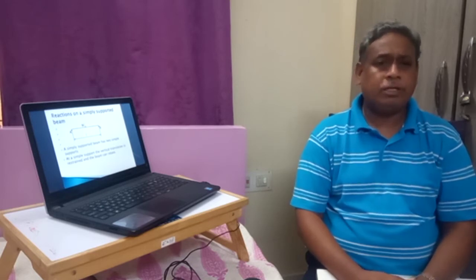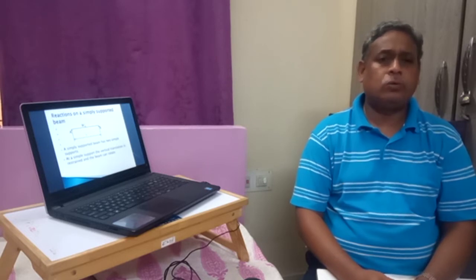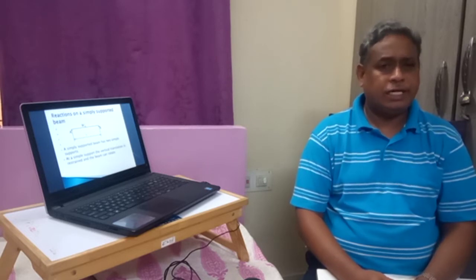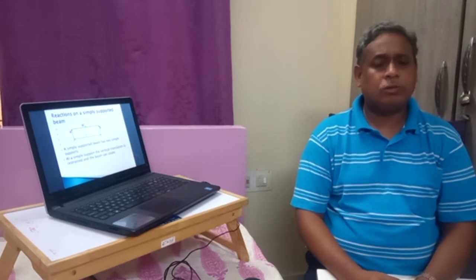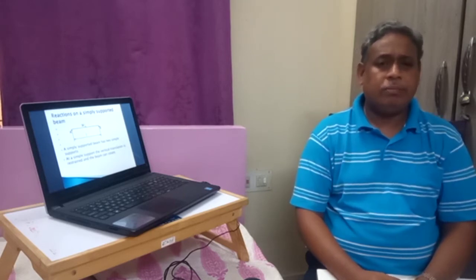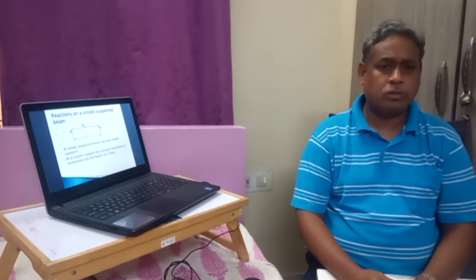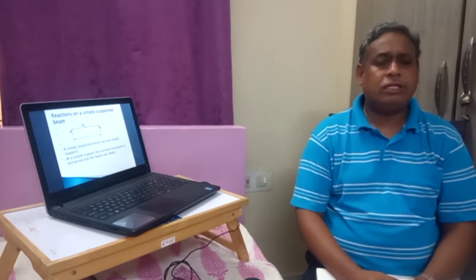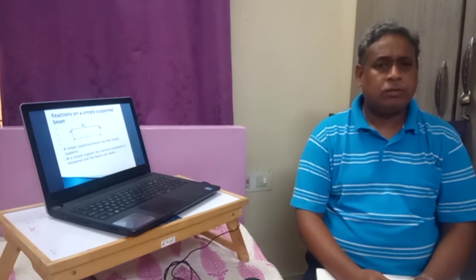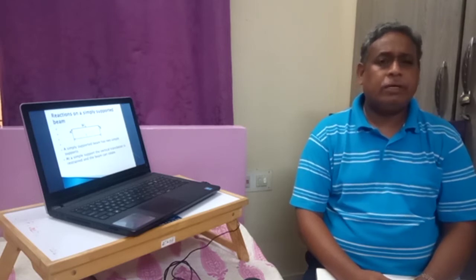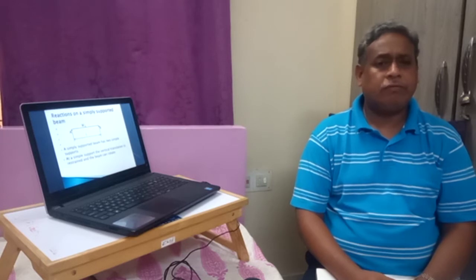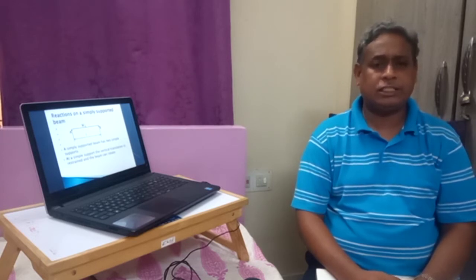As we know, simply supported beams are beams which are simply rested on two supports at their ends. So the supports are at the end of the beam. The beam is simply placed on supports. So therefore the vertical translation is not possible. That is why there will be reactions at both supports A and B. We call them RA and RB, that is, reactions at A and reactions at B.